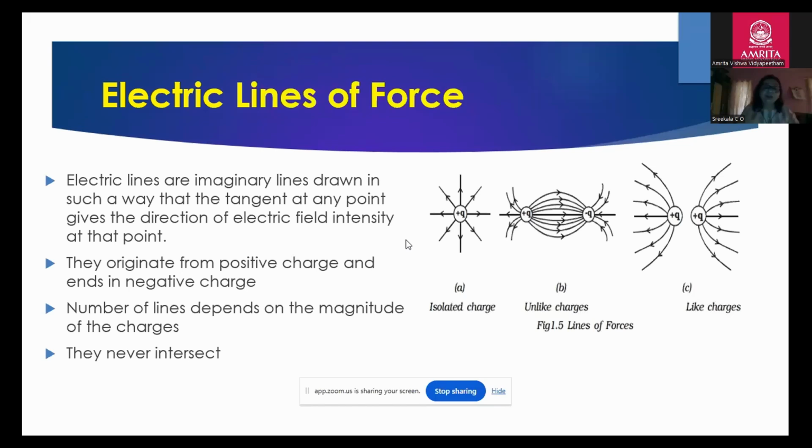They are not actually existing, but they are imaginary lines introduced to represent certain things, just like magnetic lines. Electric lines are drawn in such a way that the tangent